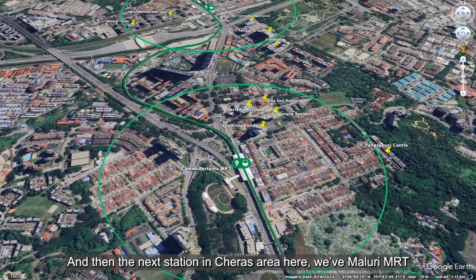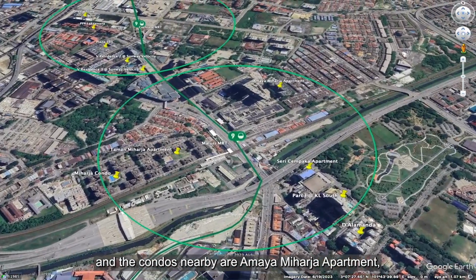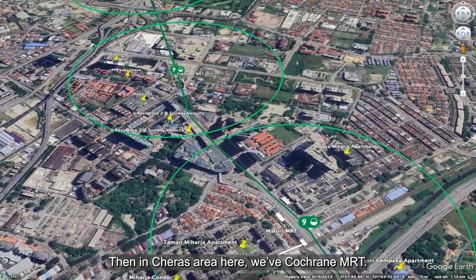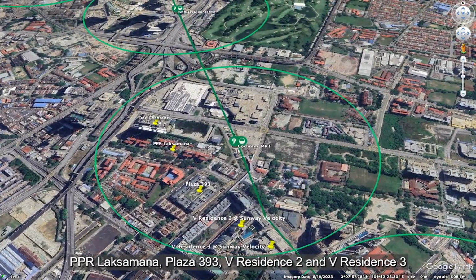And then the next station in the Cheras area here, we have Maluri MRT, and the condos nearby are Amaya Maluri Apartment, Teri Cempaka Apartment, Park 3 at KL South, Taman Maluri Apartment and Maluri Condo. And then in the Cheras area here, we have Cochrane MRT. Near Cochrane MRT, we have One Cochrane, PPR Laksamana and Plaza 393,